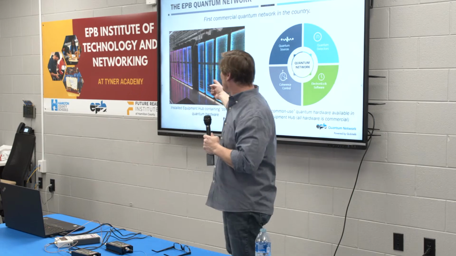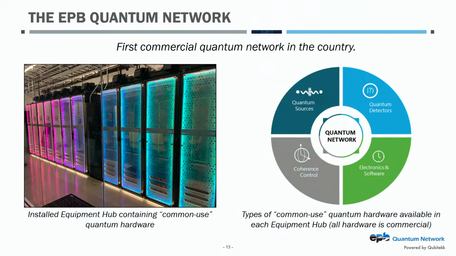This is what one of them looks like. If you want to visit a quantum network, it's not too far from here. Whenever there's an open house tour at EPB, this is what one looks like. It's behind glass and behind retinal scanners, so you can get in there and work on the equipment. It's very fragile equipment, so it has to be carefully protected. But these racks contain all of the quantum equipment needed to generate qubits, to route them around a network, and to connect them with different devices.